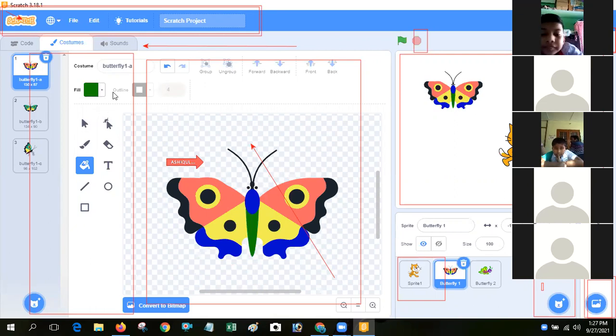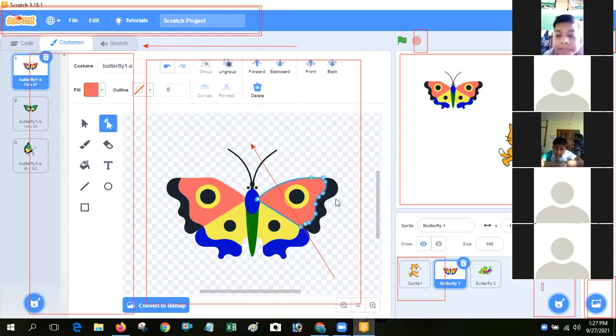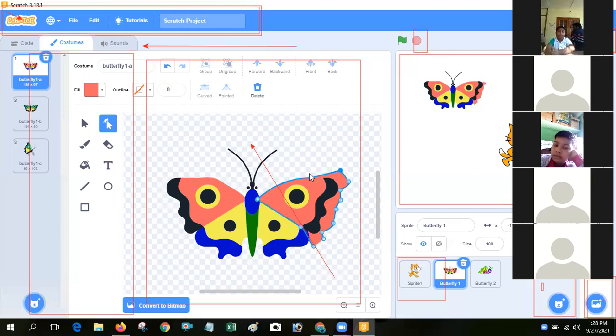And you can also increase your sprite. It's called paint. That means edit.